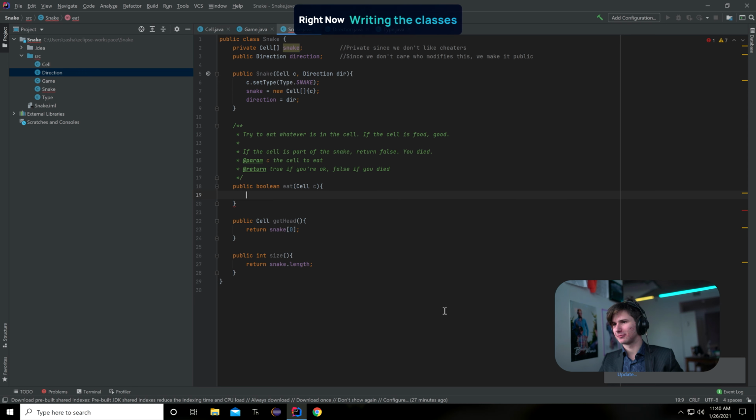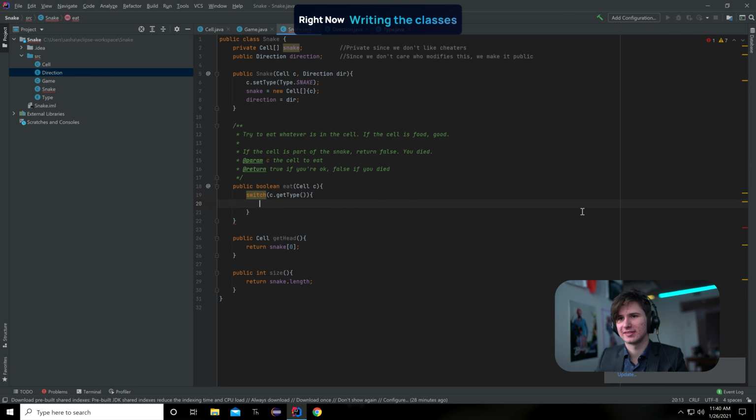Could we use a switch statement with enum values? Exactly what we need to do. So here I can instantiate my switch. I can just say switch c.getType. So it's going to create a switch based on the type of the cell. That's a pretty common syntax that you'll see. And now we have different cases. So we can say case food, break,